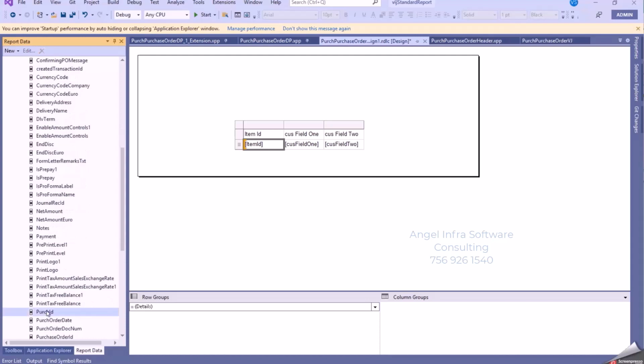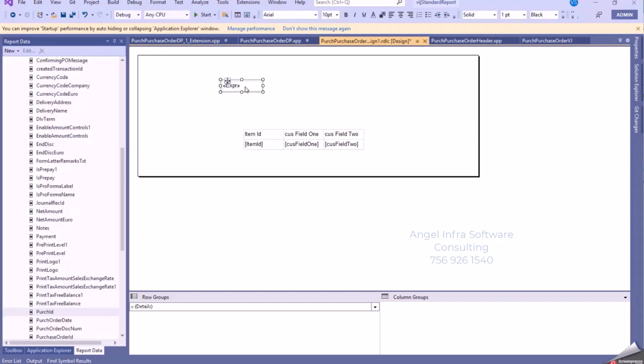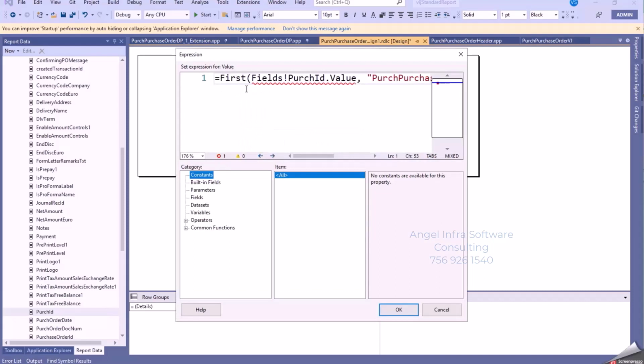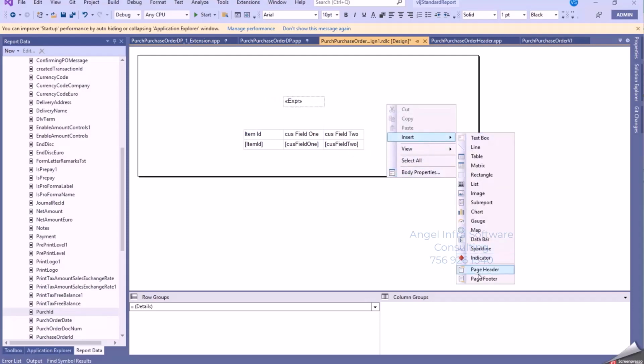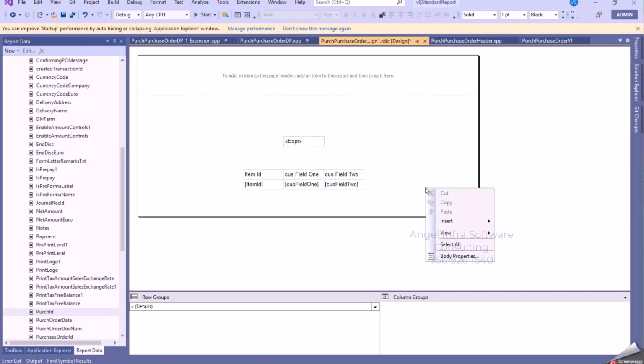It would be an ideal solution. This has created an expression. Expression, what is it? It took the first field. Okay. For this purch ID, we are doing these two, and insert some header, insert some footer,